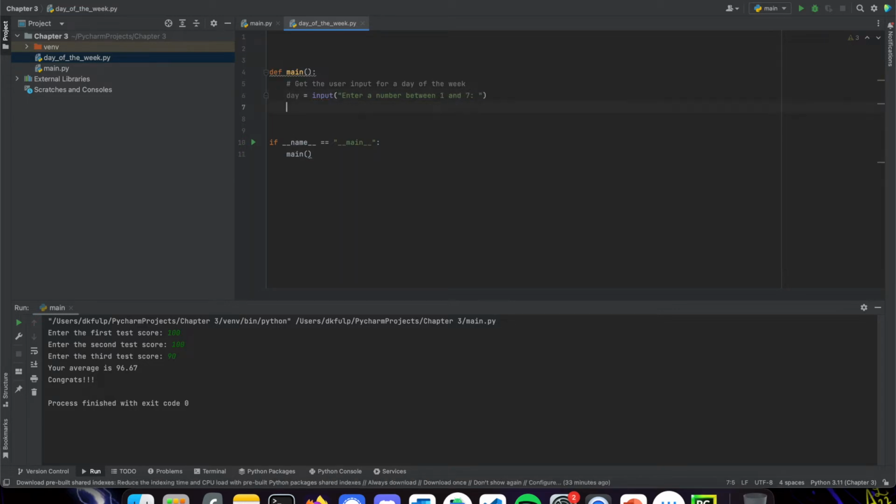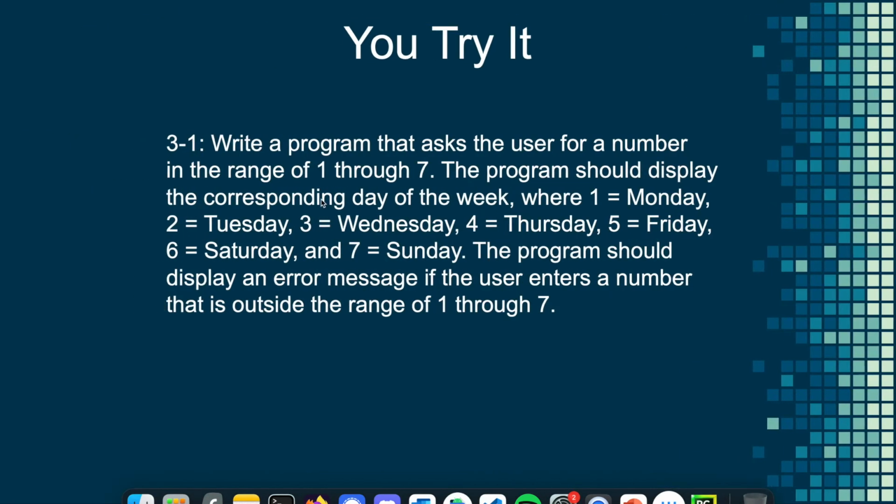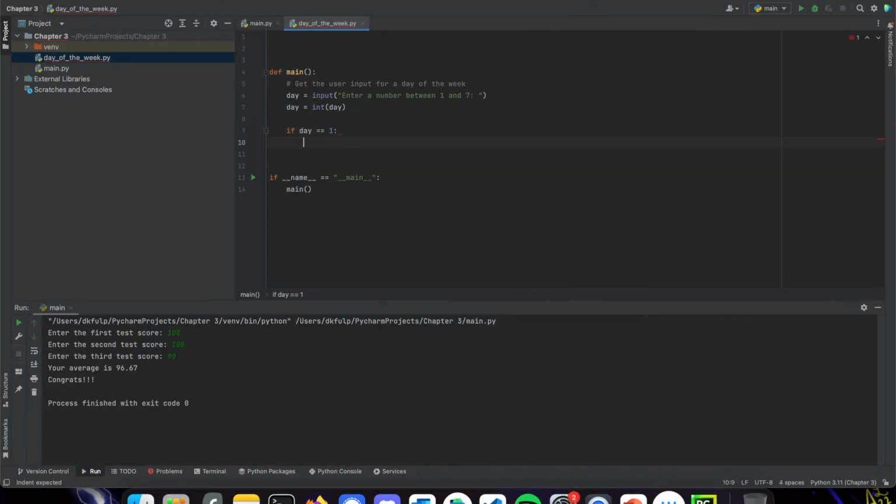And because it is a number, we're going to say day equals int of day. That'll convert our day string to a day integer, which we can use for comparisons. So now we're going to say if day equals 1. So if this is equal to 1, where 1 is Monday, we're going to print